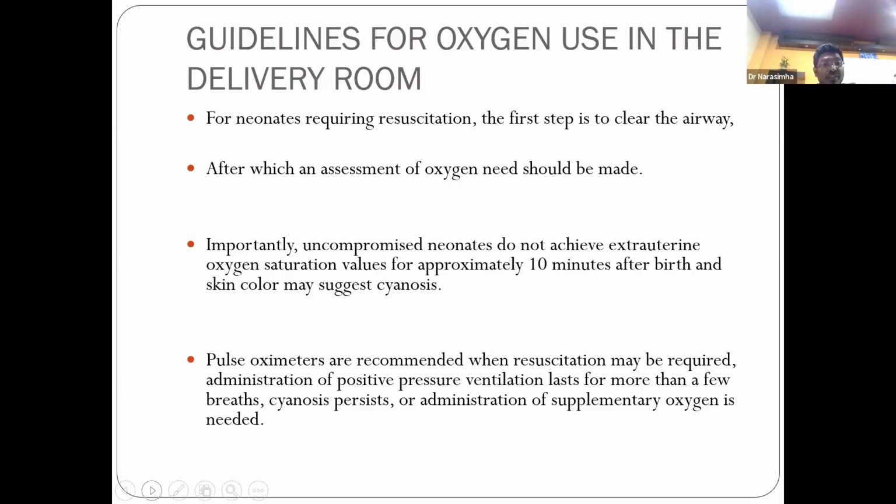Pulse oximeters are recommended when resuscitation may be required, when administering positive pressure ventilation lasting for more than a few minutes or a few breaths, and cyanosis persists. Administration of supplemental oxygen is needed, because